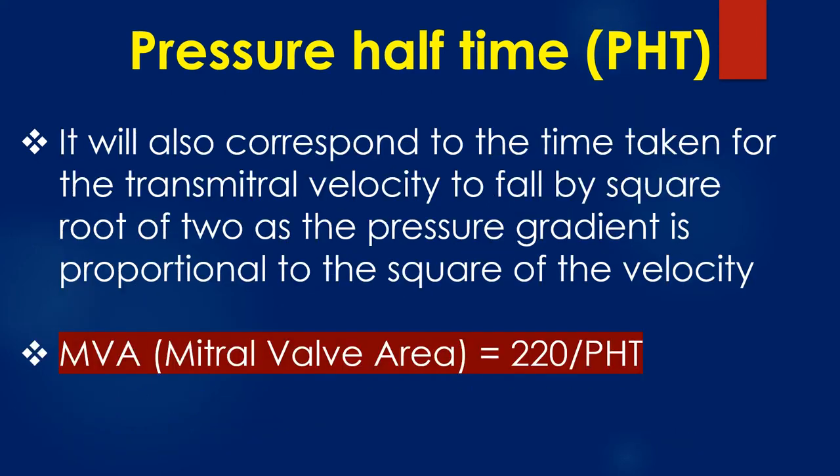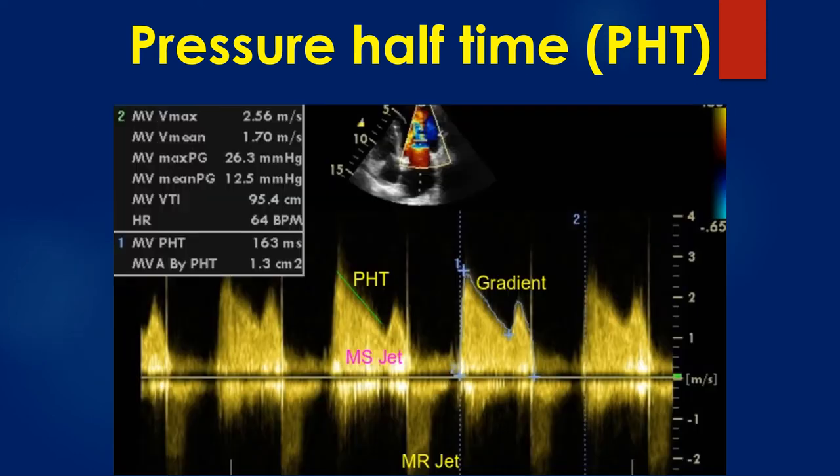It will also correspond to the time taken for the transmitral velocity to fall by square root of 2, as the pressure gradient is proportional to the square of the velocity. Mitral valve area is equal to 220 by pressure half time. In this image, green cursor measures the pressure half time of the mitral stenosis jet. In this case, the pressure half time was 163 milliseconds and the estimated mitral valve area by pressure half time